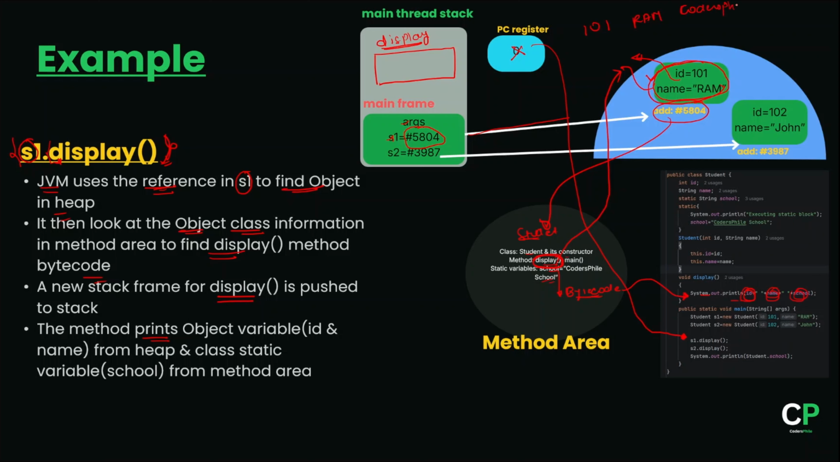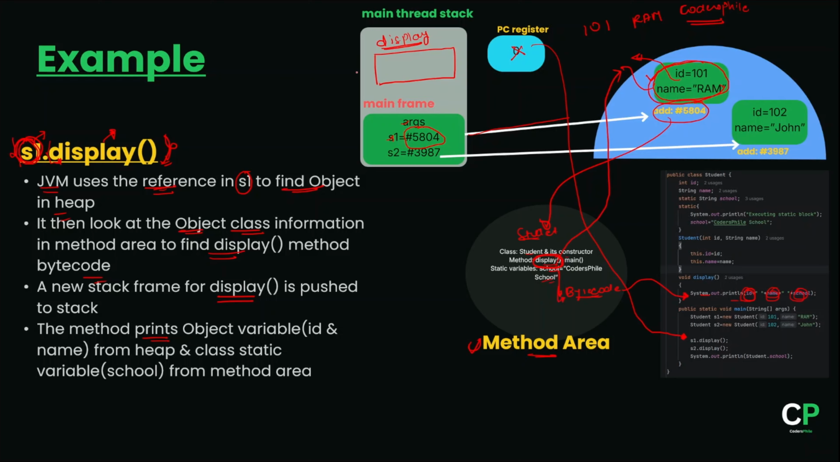This is the way the s1.display method will be executed. First, the execution engine will use s1 to find the object in the heap, and then it will see the display. So first it will find the bytecode of the display in the method area. Since all the method and class metadata is stored in the method area, it found the bytecode for the